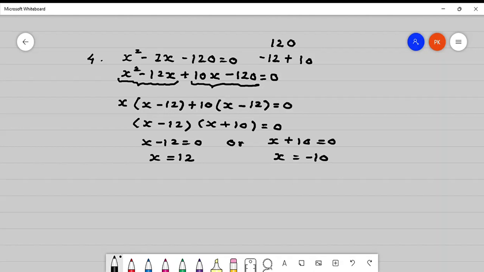So keep this in mind that if the sign of the constant term is negative, find the difference of the two factors, and if the sign of the middle term is negative, give the larger factor a negative sign, smaller factor a positive sign. Okay, so